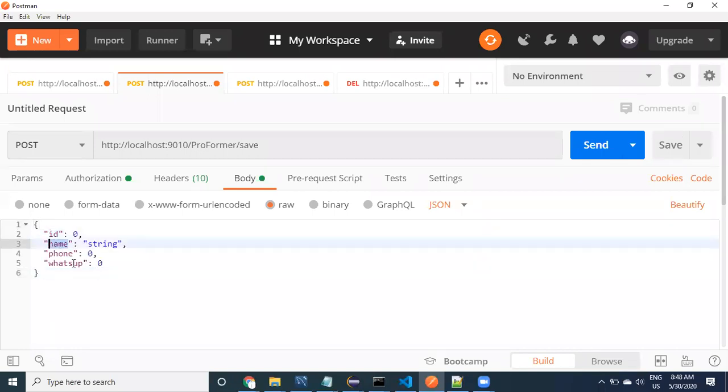ID, name, phone, WhatsApp, such kind of things are available here. These kind of things are going to be provided. ID is not required. Remember that we are testing, before using it, we are testing it. Name is what? Data type is string by default. You can provide any name. Name can be sample, or farmer 123. And the phone number, it's a number. You don't need to provide double quotes or single quotes. WhatsApp number is also a number. So you can provide like this.